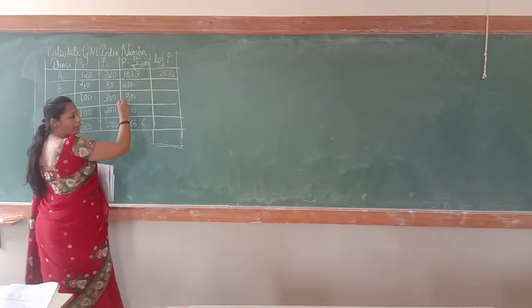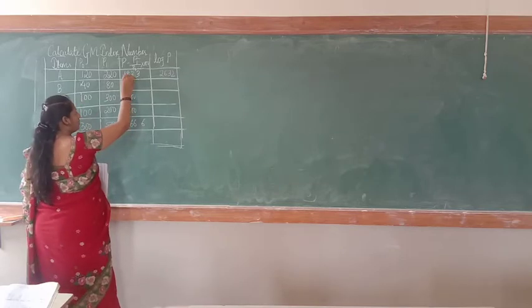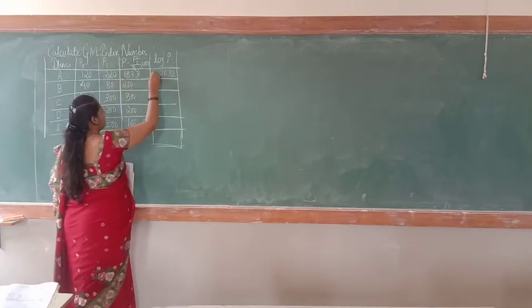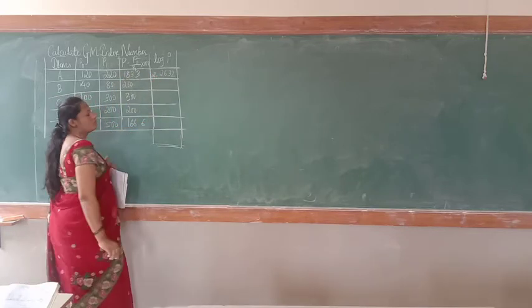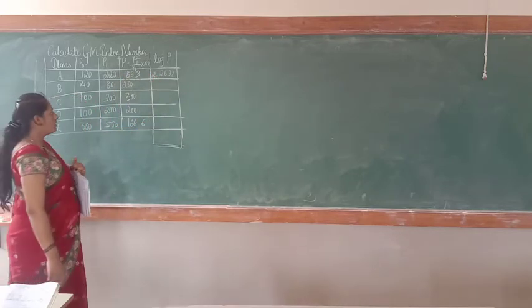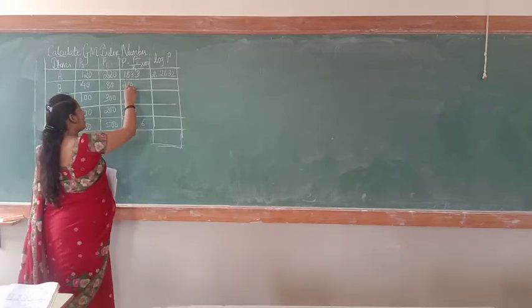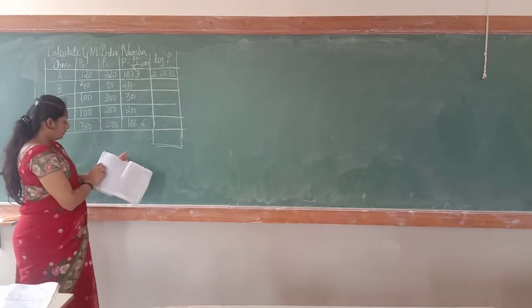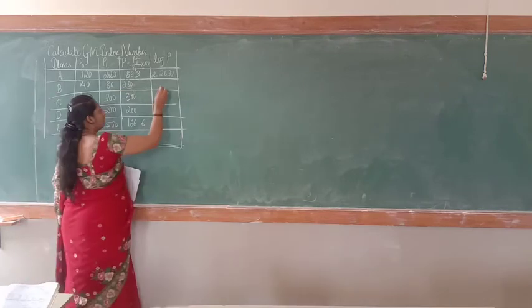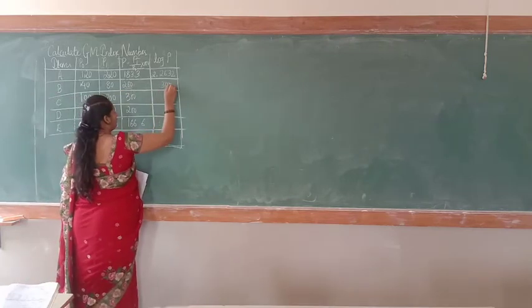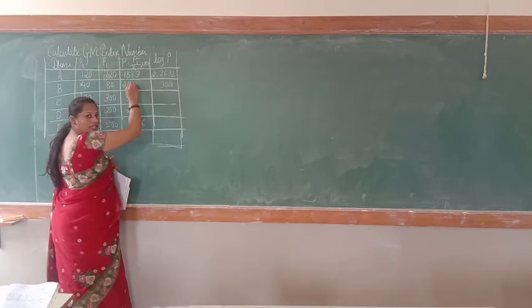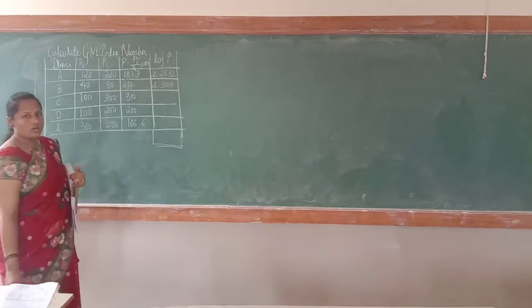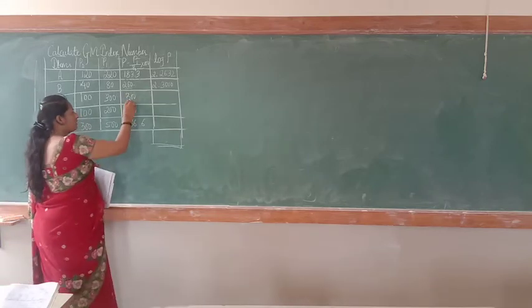Now before going, how many digits are there? 1, 2, 3. So in the log, 3 digits minus 1 is 2. So 2.2632. Like this you have to write. Now the next one is 200. So you have to see 20, column 0, which is 3010. How many digits are there? 3 minus 1 comes to 2. So 2.3010.